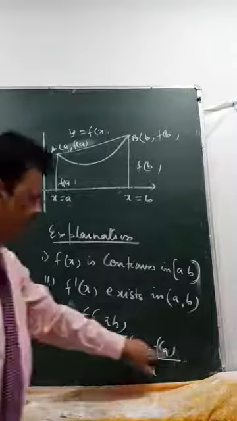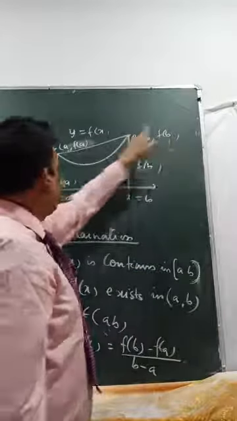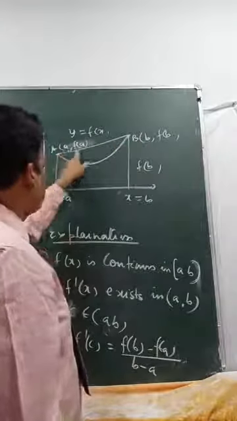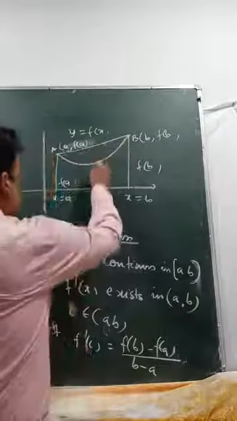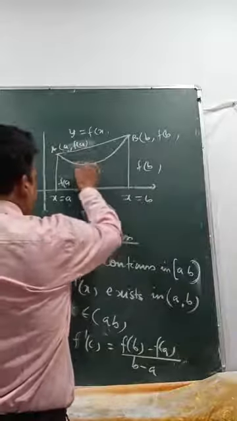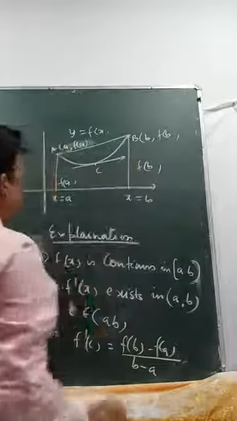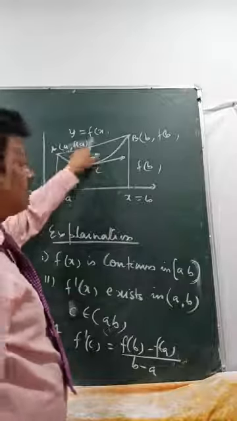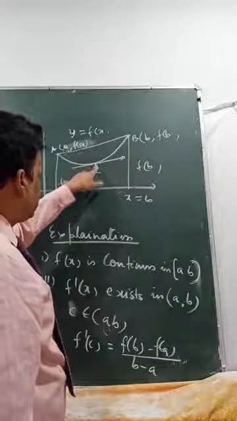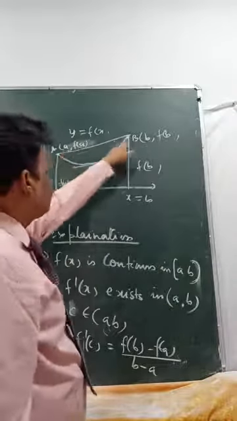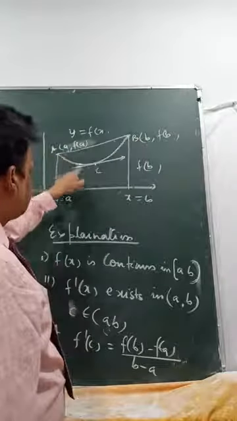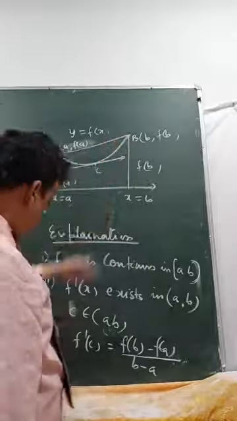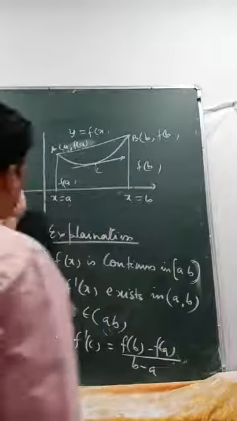What is (f(b) minus f(a)) by (b minus a)? That means this is the slope of this chord. What is c here? There is a tangent here. These two lines are parallel. The tangent at point c, meaning the slope of the tangent at c, should be equal to the slope of the chord AB. So to find c